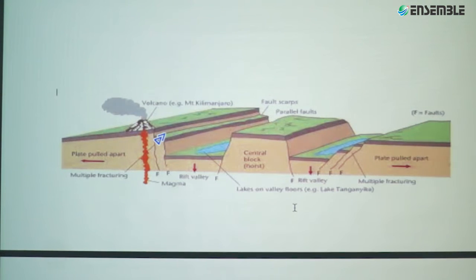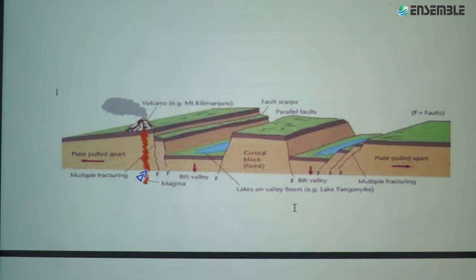One of these step faults, there are going to be multiple fractures found. It is along one of these multiple fractures that the volcanic activity took place that led to the formation of Mount Kilimanjaro, and that goes on to become the main African Rift Valley. You are going to have this central block that is going to be the Horst,